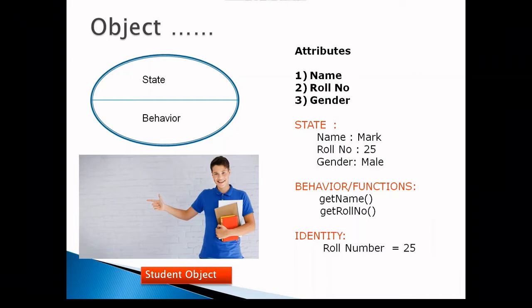Okay, so here is one more property: identity. Identity doesn't belong to the state. See, identity here does not mean a value in a state. Please don't get confused. Here I may write something different also for demonstration purpose. I took a roll number just to understand that a student has an identity which distinguishes him from other students in a class. So it represents a unique identity which is roll number. So don't think that it is taken from a current value of the state. I hope it is clear now.